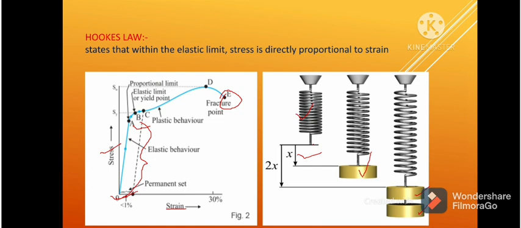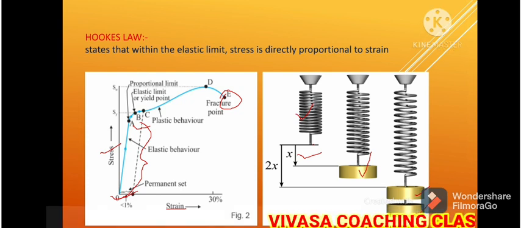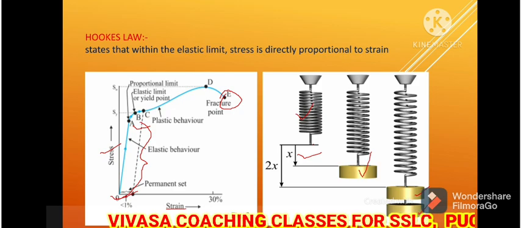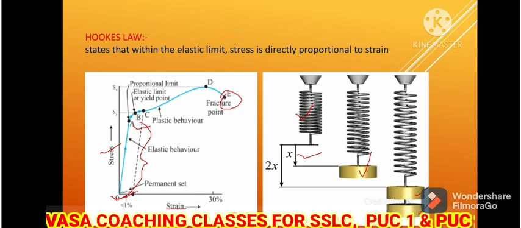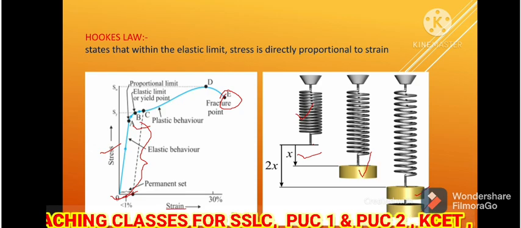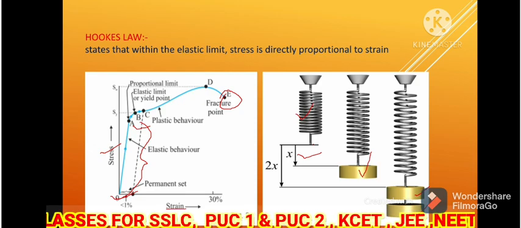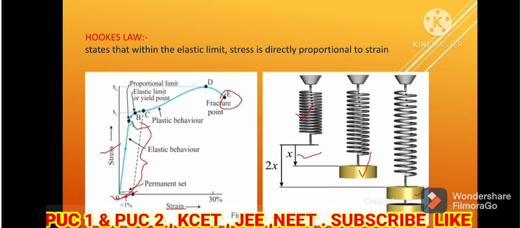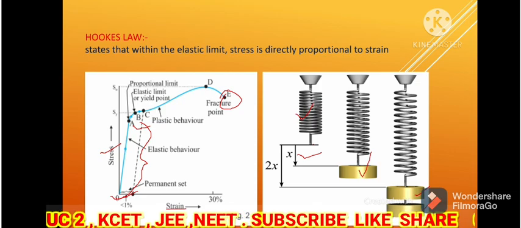Further, you continue to increase the load, and from C to D the wire extension takes place up to D. It creates a neck, and from D to E it extends itself without increasing the load. It cuts off into two pieces. At the point E, this is the fracture point, where it is broken into two pieces.